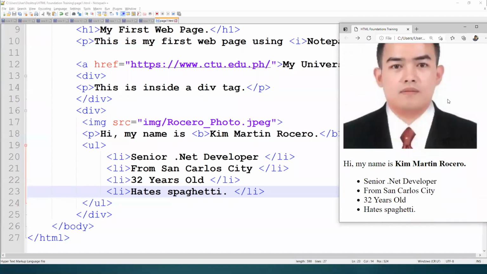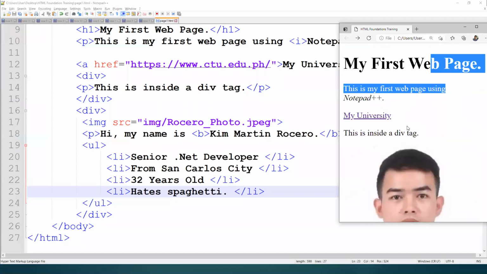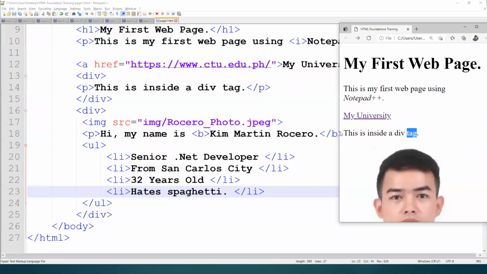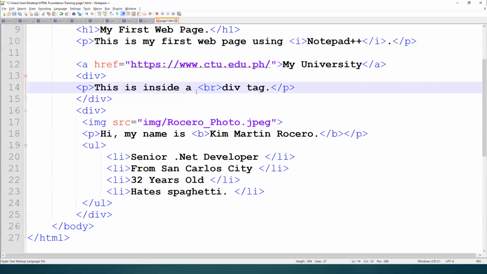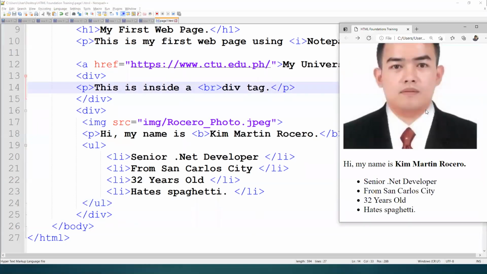So you will have an activity that you will be submitting. The deadline will be Friday next week. So you will be writing something like this, and you will be writing three web pages. Now we have break, which we will not be using frequently, but you can try using. The break is, as what I've said, you can put a break tag there so that when you run here, refresh,